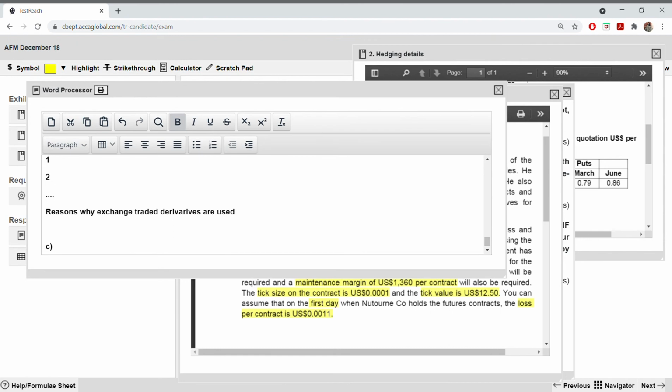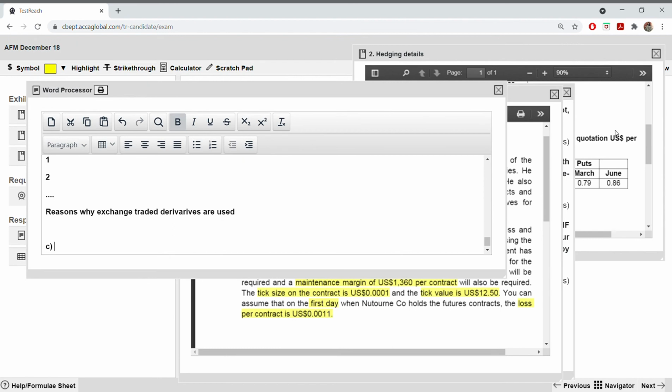First you have to define what it is. Remember in the case study they told that they want to understand the terminology. That means before you even illustrate with calculations, this is the reason I'm showing you these answers. Before you even illustrate using calculations, first you have to define what is mark to market. So you cannot first do calculations and then define mark to market. No, there has to be some logic in your answers. Definitely we always start with the definition or introduce someone with that concept and then we start illustrating. That's how we normally explain to people. So here also you have to do the same.